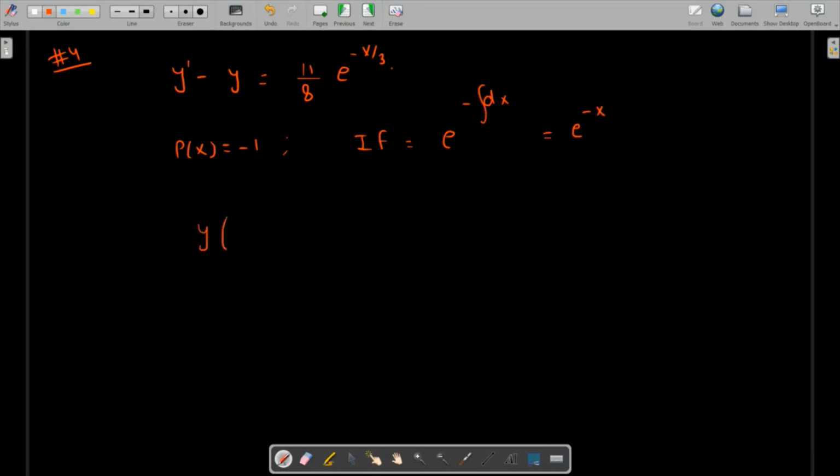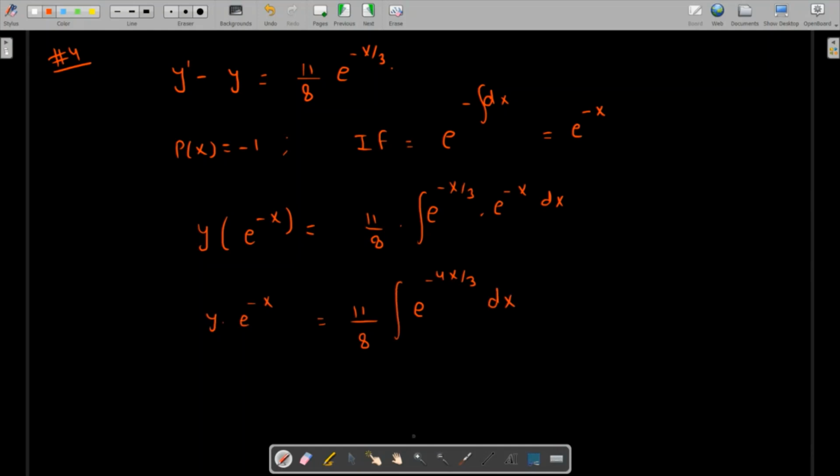So the solution is going to look like y times e raised to the power negative x is equal to 11 over 8 e raised to the power negative x over 3 times e raised to the power negative x dx. This is going to look like 11 over 8 e raised to the power, since the powers will add, negative 4x over 3 dx. And y times e raised to the power negative x remains as it is. So y times e raised to the power negative x will be equal to 11 over 8 e raised to the power negative 4x over 3,